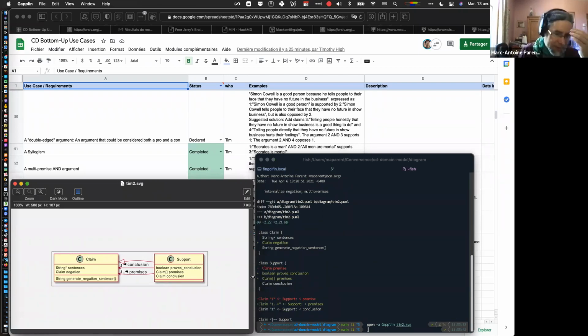We had is-support at some point. Do we still need is-support? No, that was a few sessions earlier, I think. Yeah. I think it's gone. I think this is the string star sentences, claim negation, because we did this one-to-one relation for negation. Yeah. And this way we didn't need support anymore. No problem. Sorry, it took me a while to remember which one is the latest between Tim and Tim 2. And okay, these are the changes we made: multi-premise and the proofs conclusion.